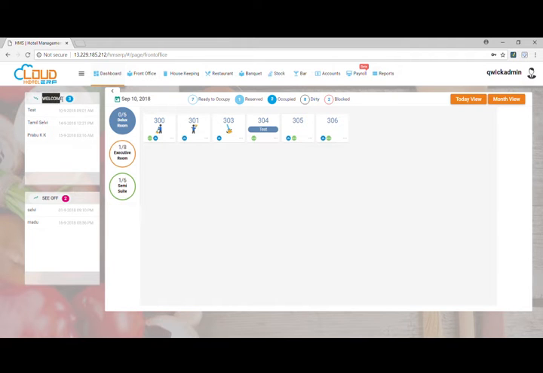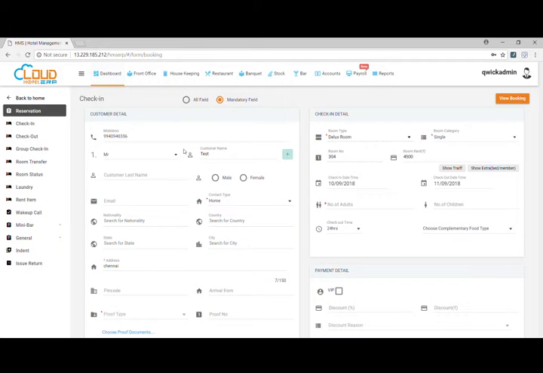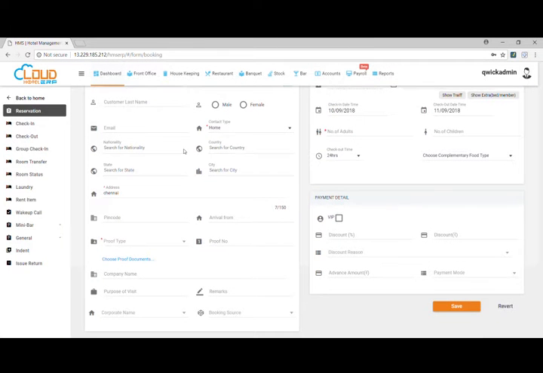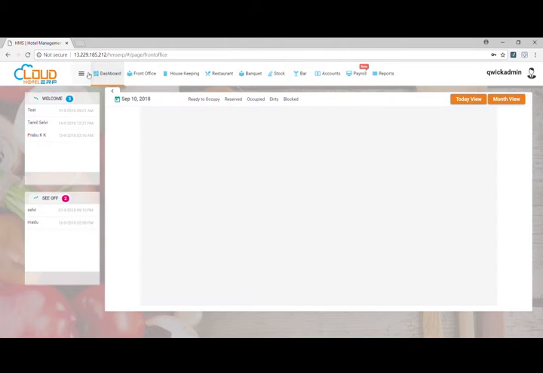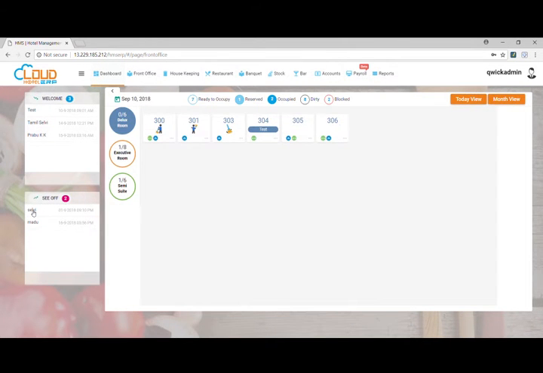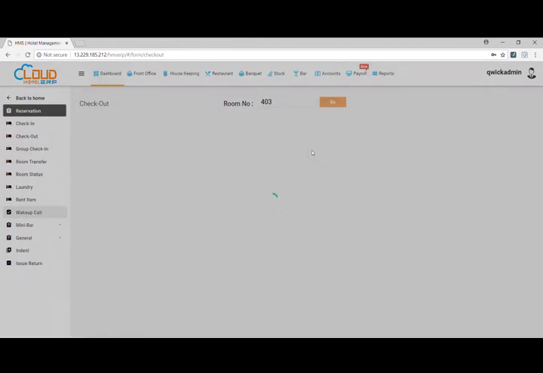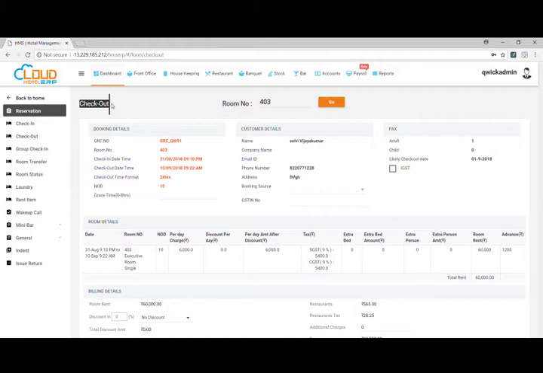And here we have two lists. One is welcome and the other is see off. Welcome contains the reservation list. So if the person comes for reservation, directly from the welcome list you can move to the check-in form. When you click the name on that list, it will redirect to the check-in form with the reservation details. Likewise, from the see off list, you can move to the checkout screen. If you click the name on the list, it will move to the checkout form.